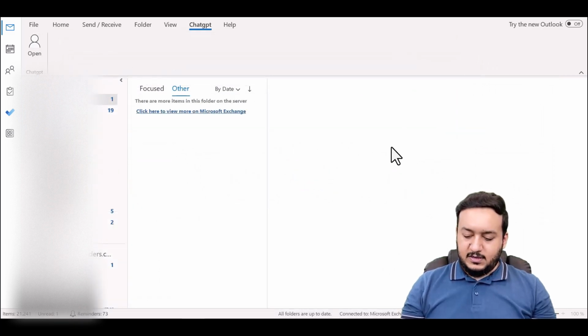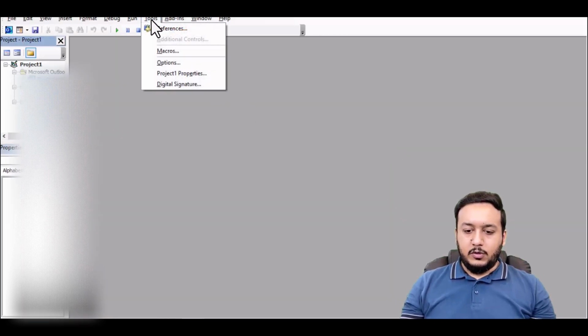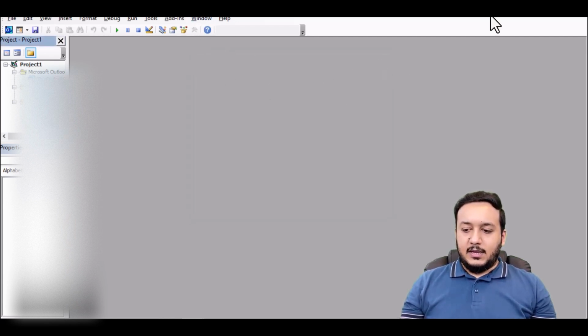So just let me give you one more tip. You need to go to Tools, click on References and don't forget to tick Microsoft Scripting Runtime, because without Microsoft Scripting this solution will not work on your PC or on your laptop. So one last thing,